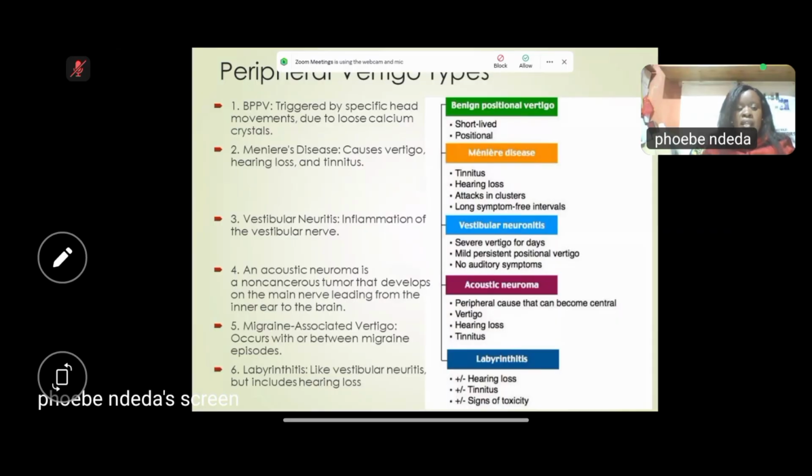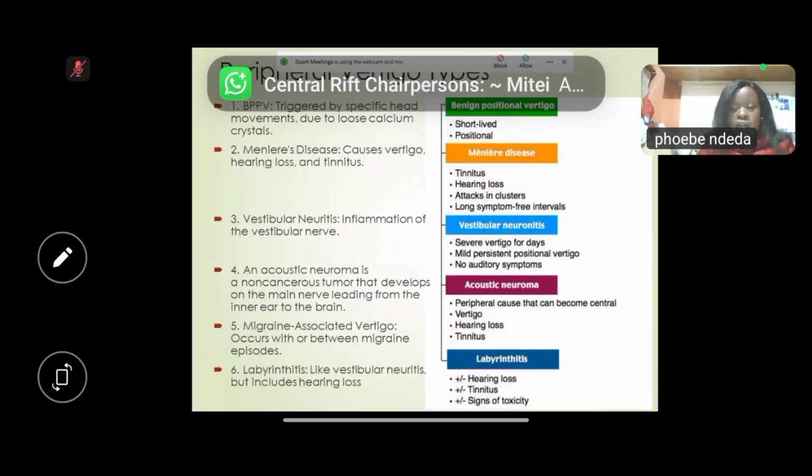And that is a summary of what happens in BPPV. You can see we've classified them, we've put them into smaller things for you to remember. So in BPPV, the main thing is that it is short-lived. So it doesn't prolong. Some maybe seconds or some minutes. That spinning sensation is triggered by specific head movements. Then it is also positional. So when you change position, when you tilt your head,